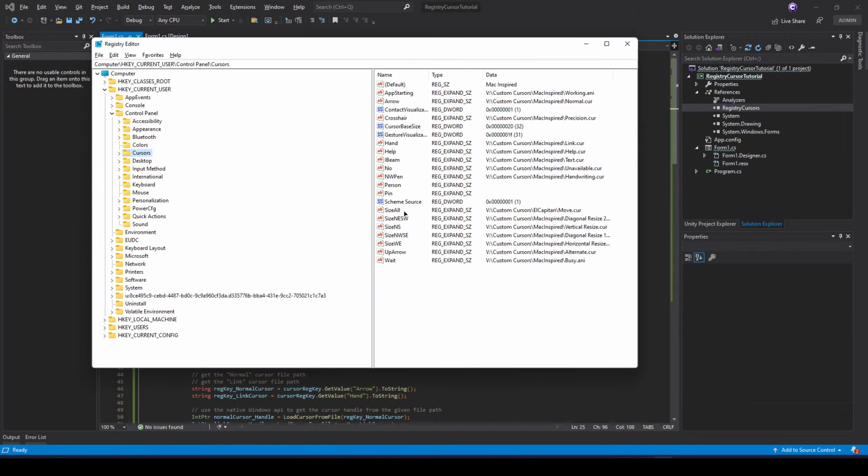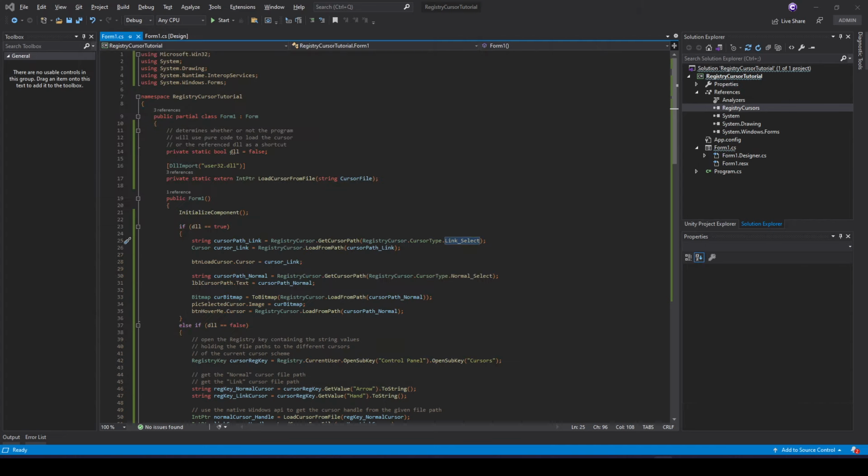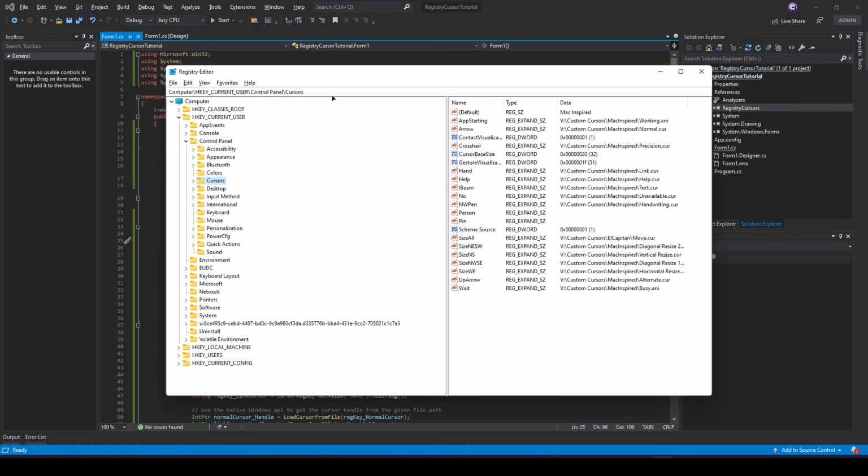it's this, and these two. It's all those cursors. So you see these paths right here? Basically what it does is, in the code of the DLL itself, it uses a class called the registry, and then from the registry, it does current user dot open subkey control panel dot open subkey cursors, and then from the cursors, we do not go into schemes, we just stay here, and then we do get value, and then a string, which returns this as an object, but you gotta do the value name of